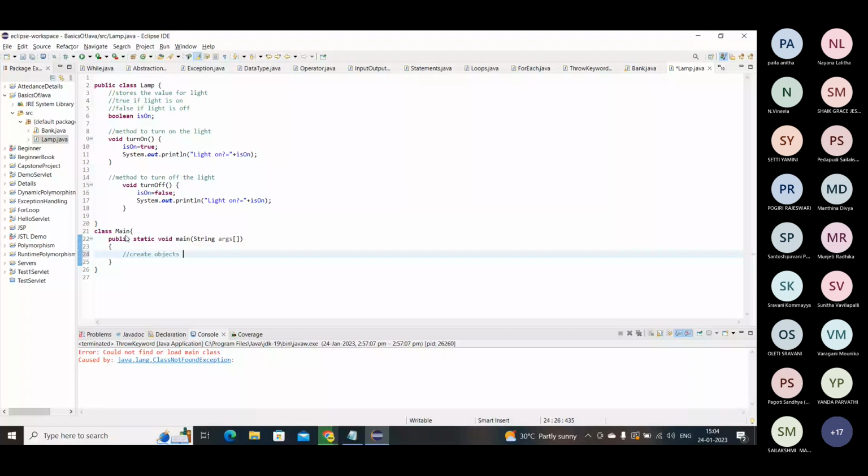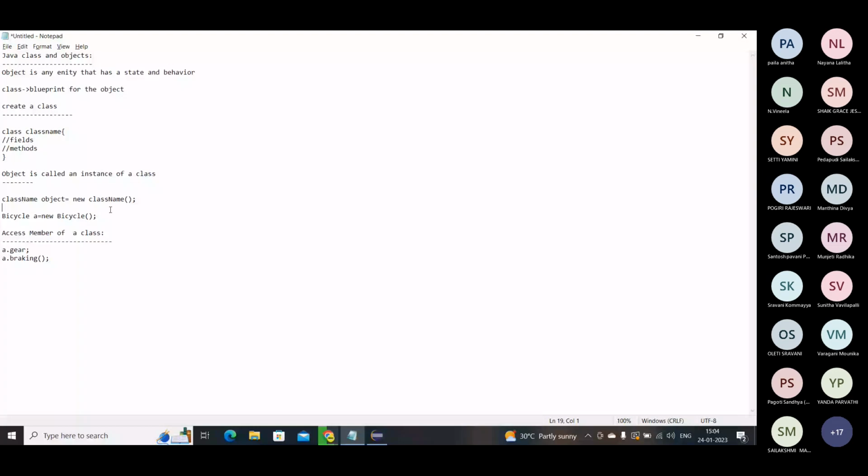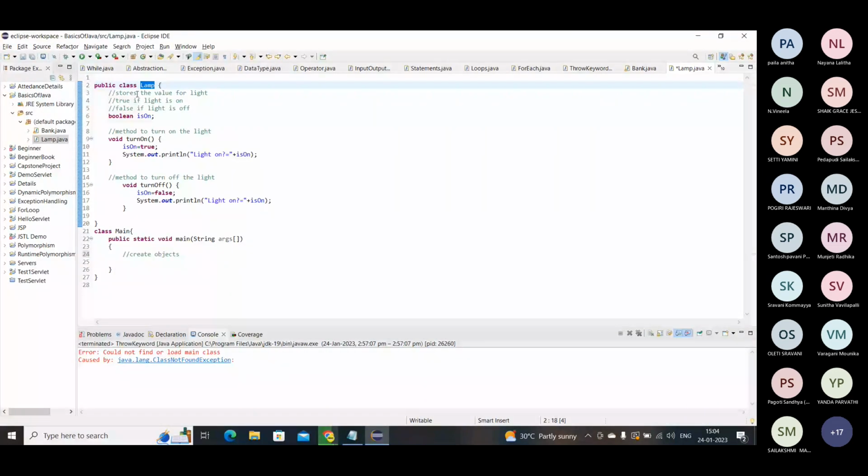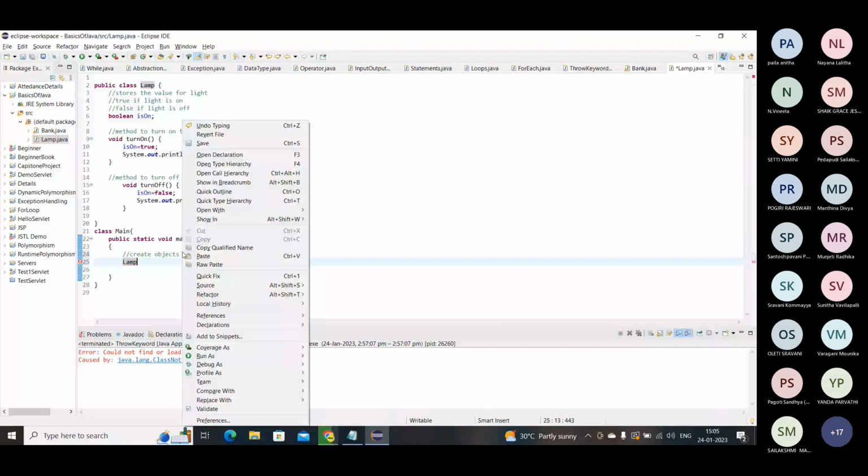I mentioned it as Lamp. So you already know how to create an object: class name and the class name. You should not mention the main class. You need to mention the super class which you gave before. So just come here and give Lamp, and then I'm giving a variable as LED and new Lamp,